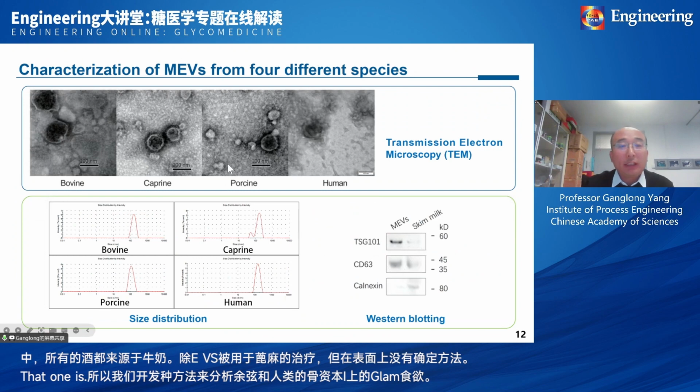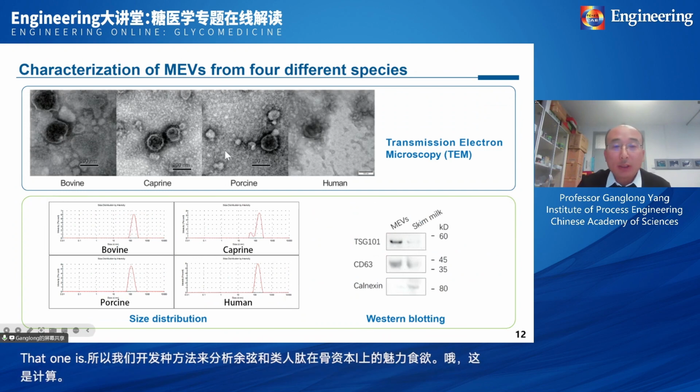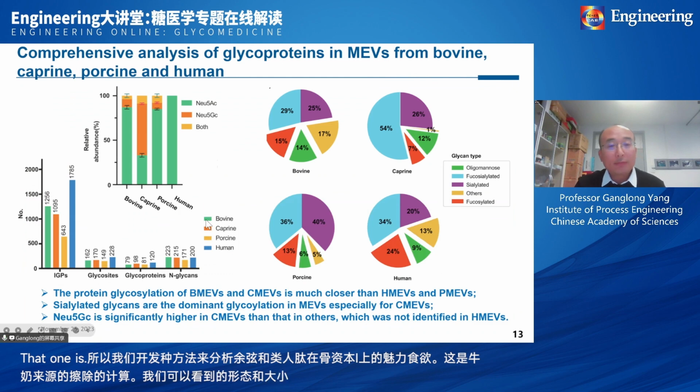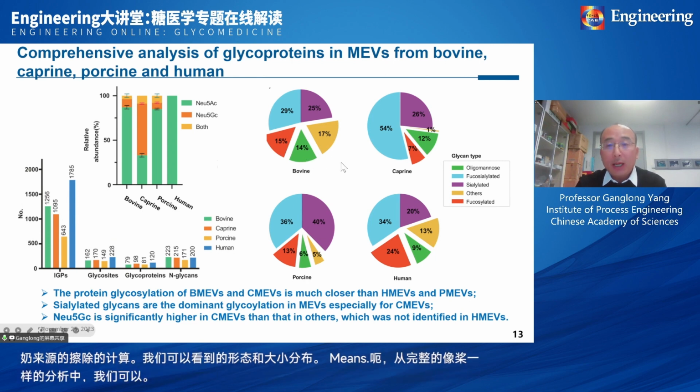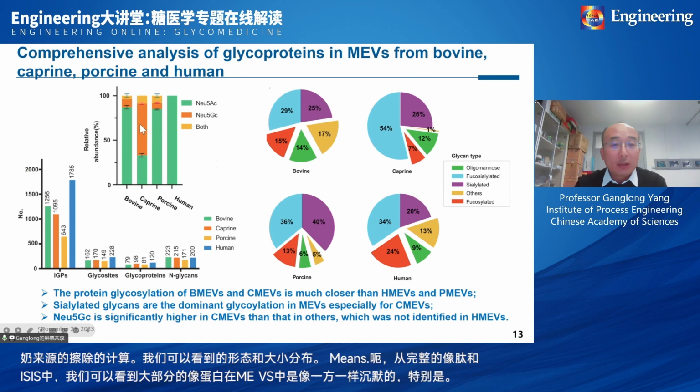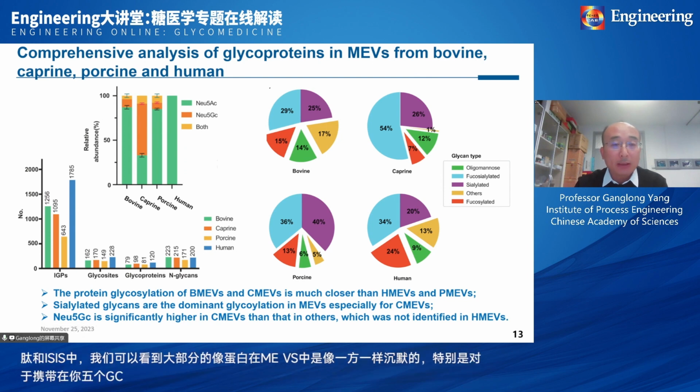So this is the characterization of the milk-derived EVs. We can see the morphology and the size distribution of the EVs. From the intact glycopeptide analysis, we can see most of the glycoproteins in the MEVs are sialylated glycoproteins, especially for the caprine, the NeuGc sialylated glycopeptide was the dominant glycopeptide, which may be very important for the therapy